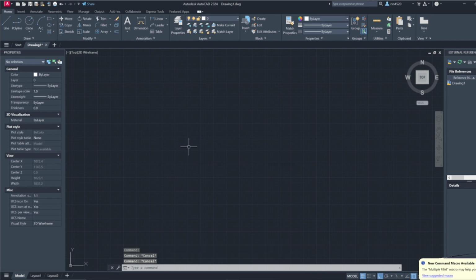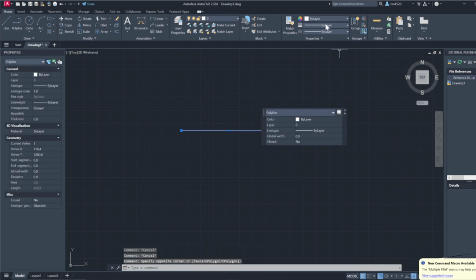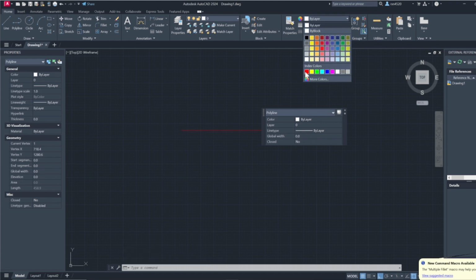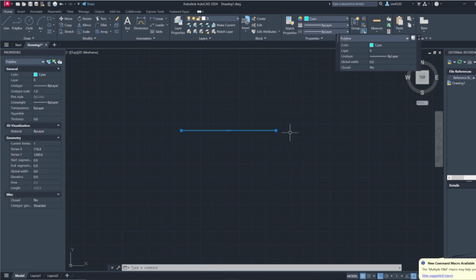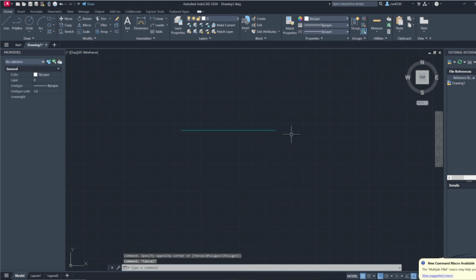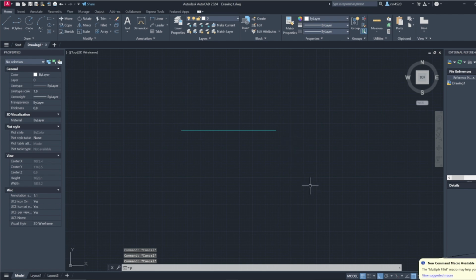So today, for example, I'm going to make a polyline, okay, using the keyword PL followed by the spacebar. मैंने एक normal line create किया है, and this line को मैं ये करूँगी कि I will give colors to it, okay. So for example, मैंने color दिया है cyan color, ठीक है. ये line को मैंने cyan color दे दिया है, and now for example, I have a flow plan or maybe like something